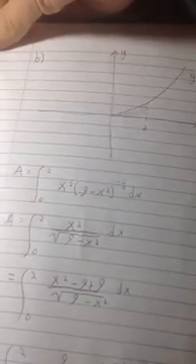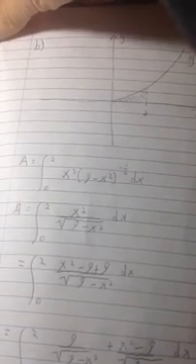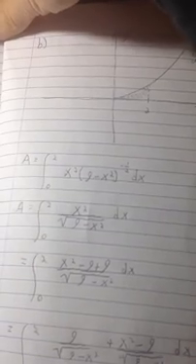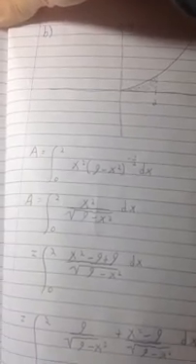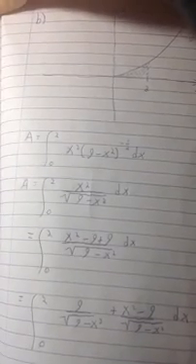So that's A. Then for B, it asks to find the area of the region bounded by the graph of g and the x-axis on the interval 0 to 2. It did say that the graphs have similar shapes. So there's g of x, and we want to again integrate it from 0 to 2. The first thing that we do is we bring the 9 minus x squared down to the denominator, and we put a root over it because that's what the negative 1 over 2 means. Then in order to simplify this, we put x squared minus 9 plus 9, which is just the same thing as x squared because they cancel out,